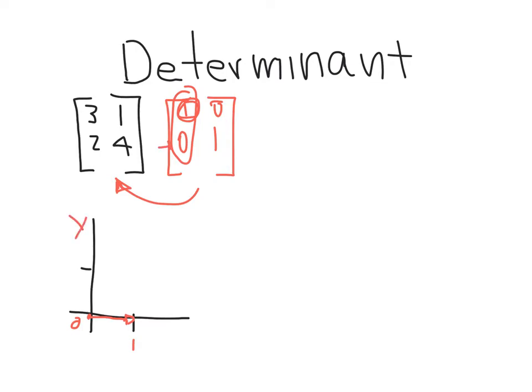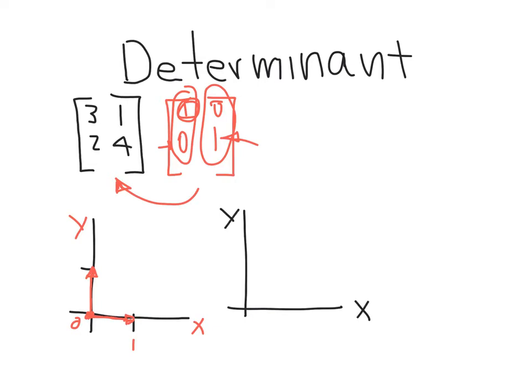This is y, this is x, so it's an arrow from here to here. And the other column represents another vector that goes from 0 in x to 1 in y. So basically it's another vector that goes from here to here. And now I am going to draw another Cartesian plane, xy, and I am going to draw the new